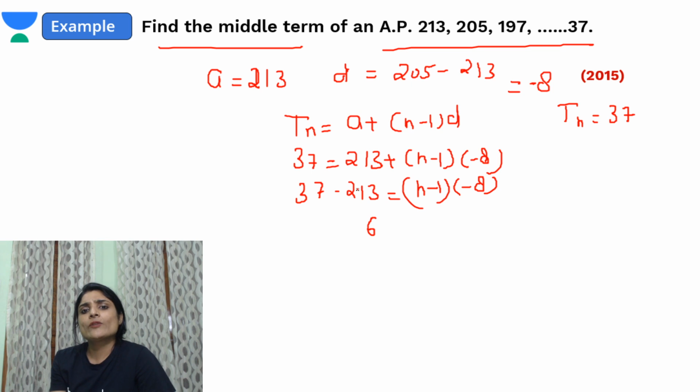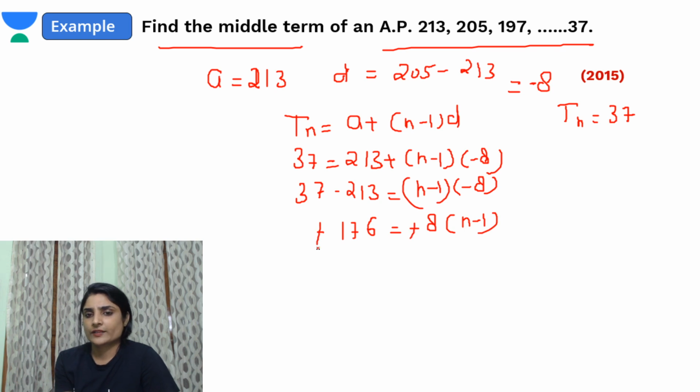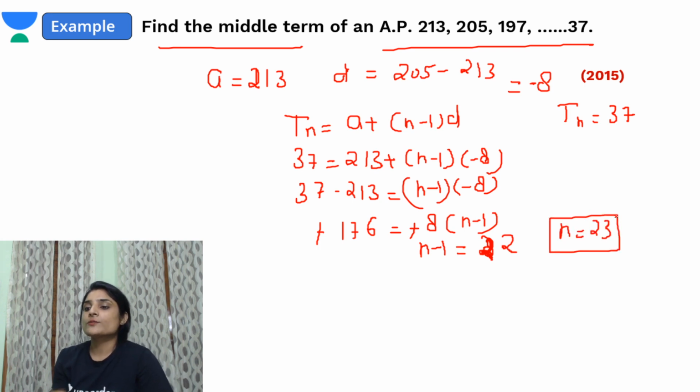6 and 20, 176 minus 8 into n minus 1. Just check once. Yes. So n minus 1 will be 22. N will be 23. So total number of terms are 23, and if total number of terms are odd, then the middle term will be,